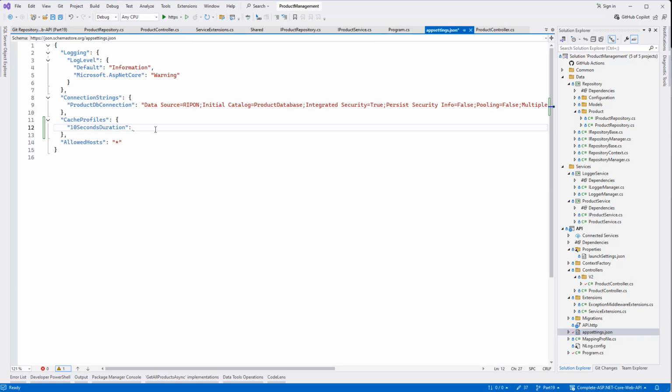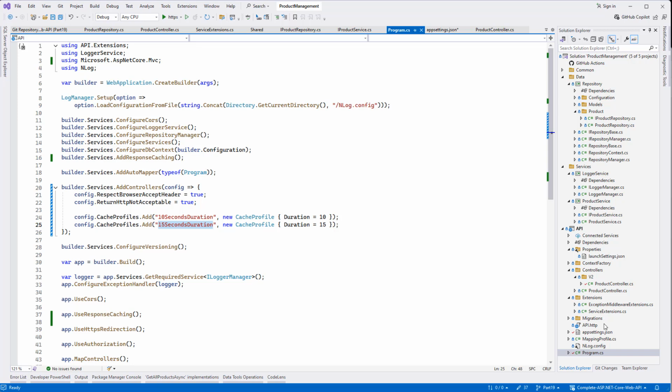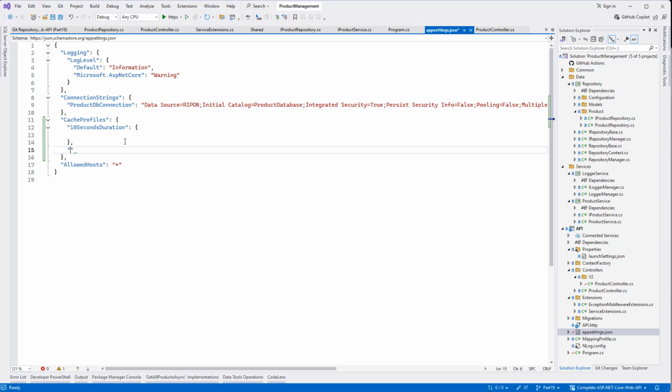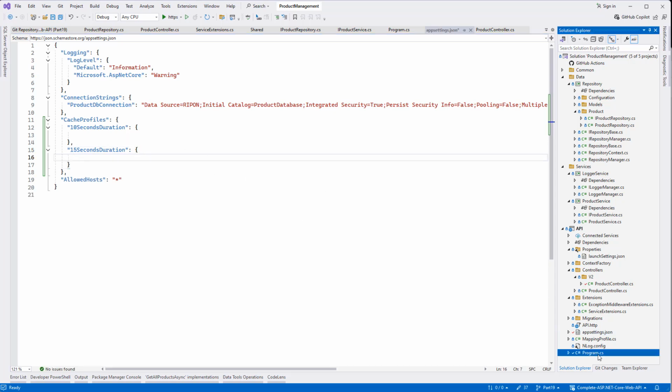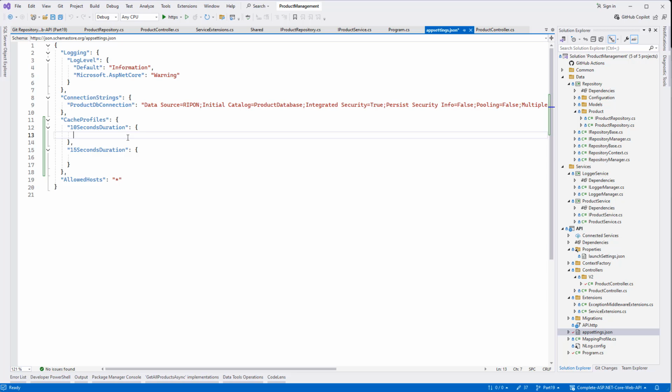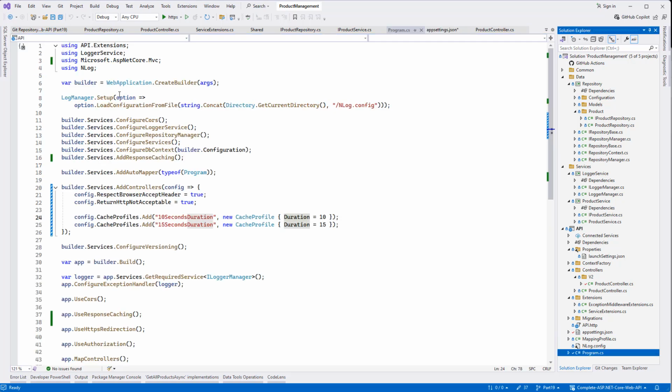And one more for this one. So what we need is the value of duration. So the duration is gonna be 10 and the duration of this is gonna be 15. Okay, so what we can do now,